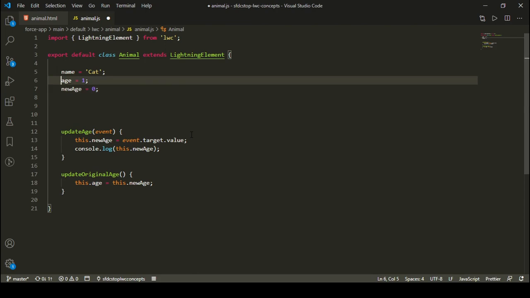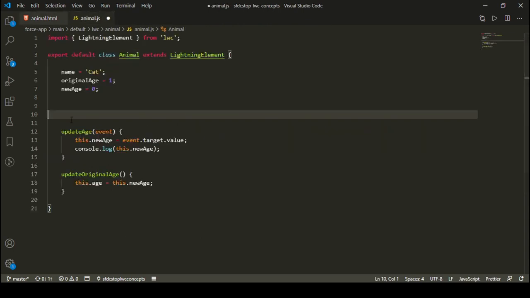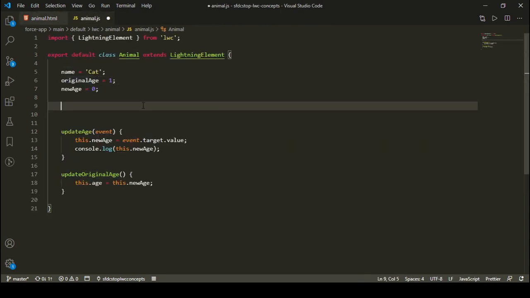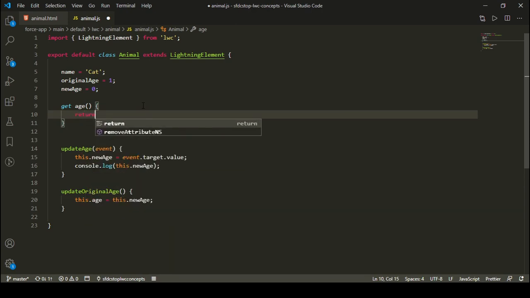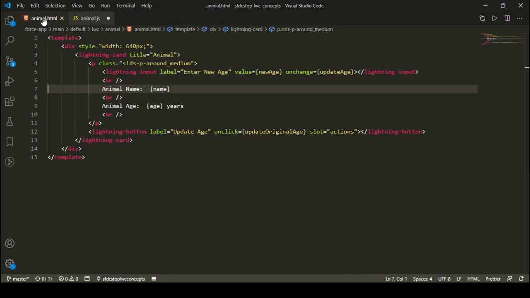But to add a getter and setter, I need to update this original variable first of all. So let's say this variable name is original age. Okay, so this is original age, and in HTML I'll just keep age, it is fine, but I'll use here a different variable which is named original age, and I'm adding a getter here, and the getter is for age, and inside this I can simply return this dot original age. So I can simply return the original age variable from this age getter, and it will display the original age whenever I am referring to age, okay.